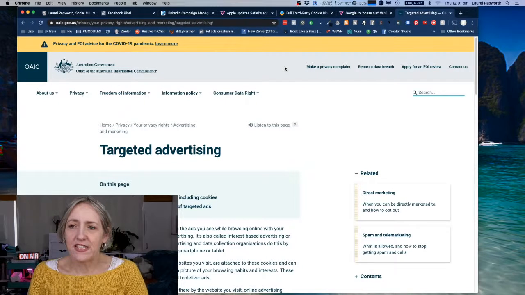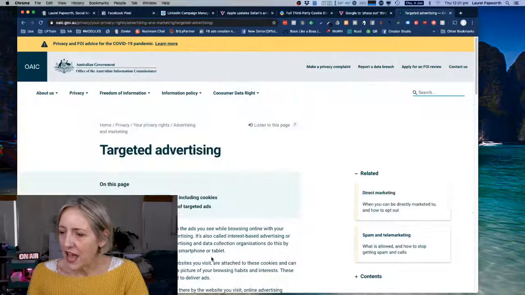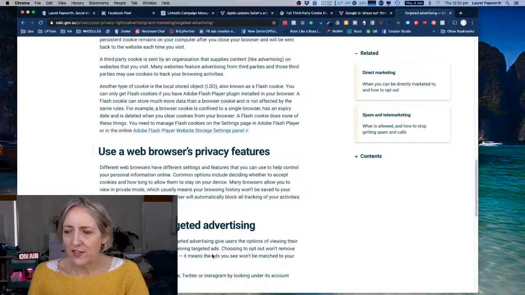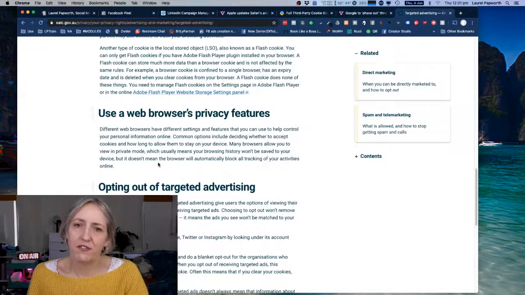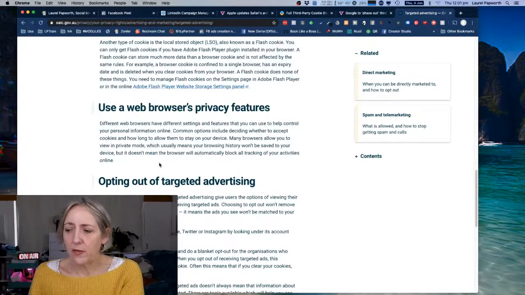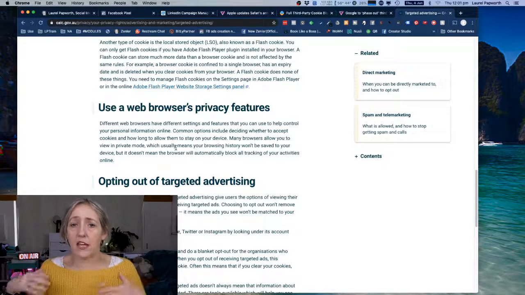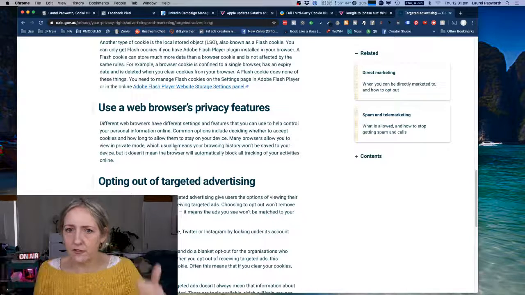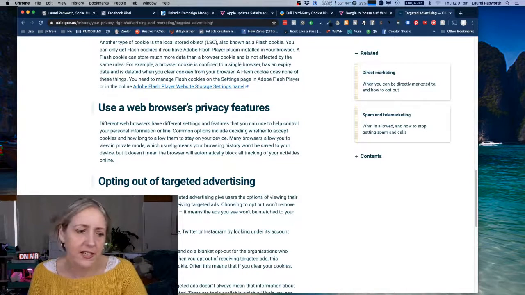I did look at the Privacy Commission for Australia, and they just tell you that it's up to you to turn off cookie tracking and opt out if you can. It's not always possible, but now with the browsers stepping up, it's going to make it much harder for the end platform. So when Chrome and Safari and Firefox have finished with pixel retargeting, that should mean that the